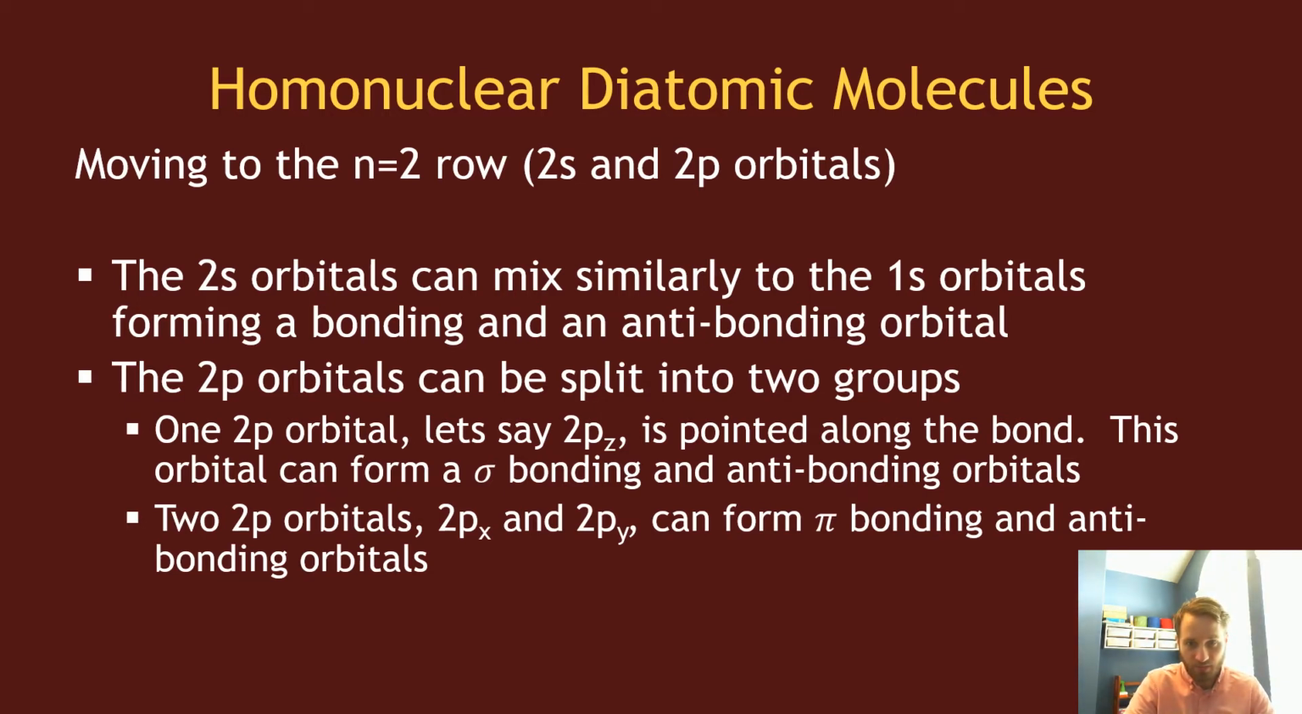So we have the 2s orbitals that will mix together and the 2p orbitals that will mix together, and we'll focus on those two things independently of each other. For the 2s orbitals, those are going to mix in the same way as the 1s orbitals did. In the 2p orbitals, what we'll see is that we'll have one set of p orbitals that point together